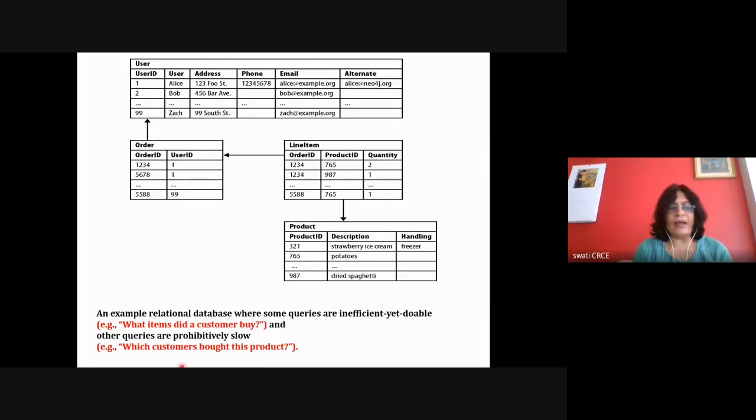And then if you want to fire a query like this, it is a very cumbersome job. What items did a customer buy? So in the customer table, you need to see the customer, suppose Bob, and then you need to see the ID, then the order ID, see how many products, and then you can get the description, and then it becomes a very complex job. And if your data is big, then it will not perform well. So that's why there was a need for graph oriented data analysis.